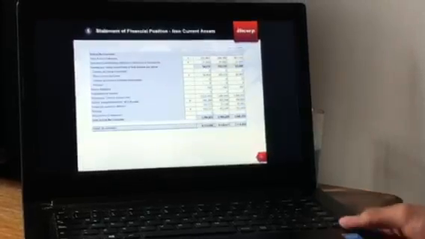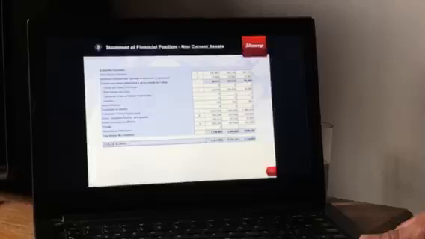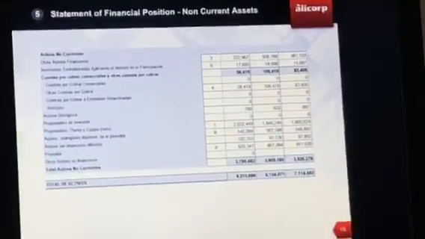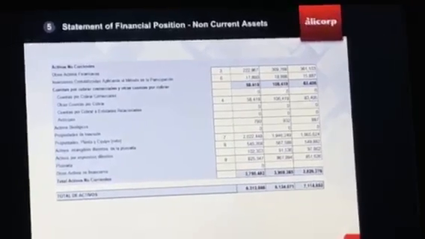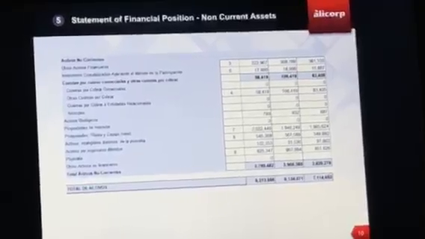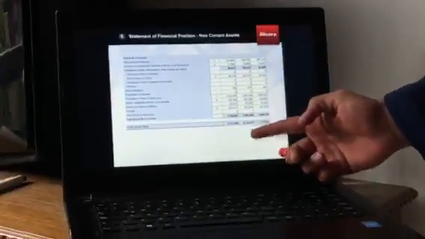The thing is here that, as you can see, in 2015, the total assets were almost 6,213,000 soles. In 2016, it was 6,134,000 soles, and in 2017 it was 7,140,000 soles. That means that in 2015, total assets started with this amount, then it had a decay, and then it has a big growth. As you can see the numbers here, and you can appreciate them,